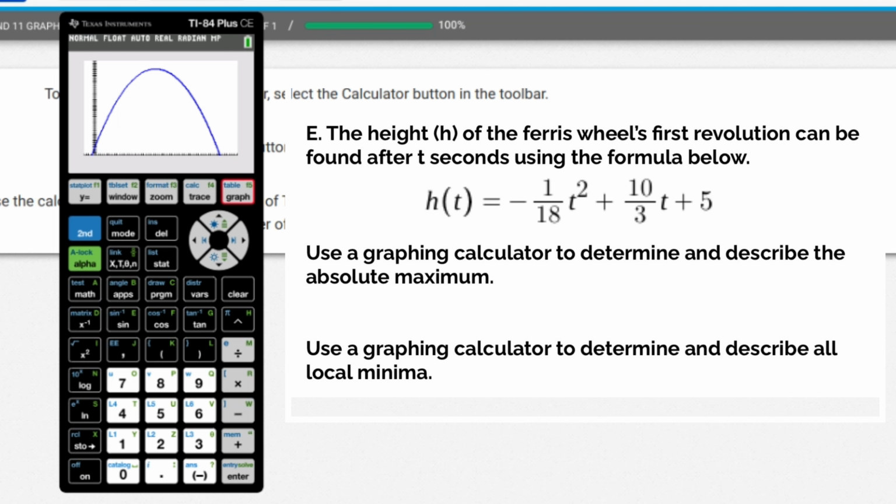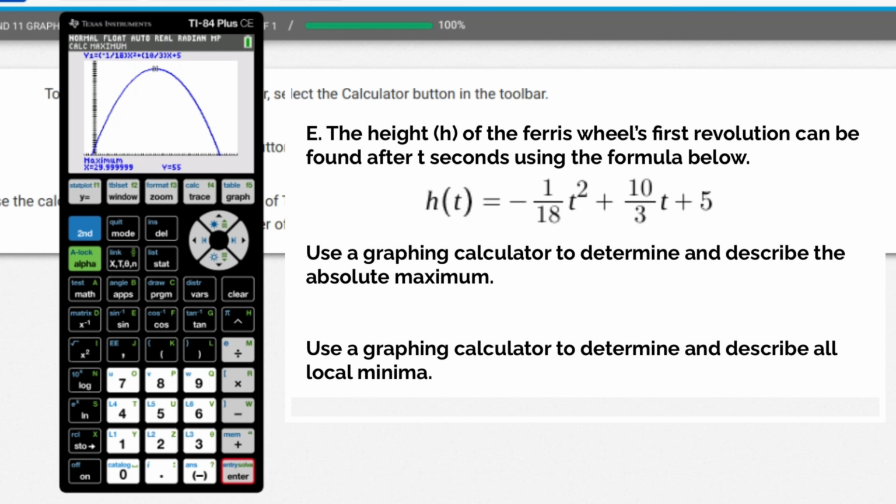So the first part of E is asking me to find the absolute maximum. Since this is a quadratic with a negative leading coefficient, I will have an absolute maximum, and it lives right there. Let's find it. Second, calc allows me to type in my maximum, so 4. Left, left, left, left, left. Make sure you go to the left of where your maximum appears to be. Enter. Go to the right a bunch of times, to the right of where your maximum appears to be. Hit enter, and I get